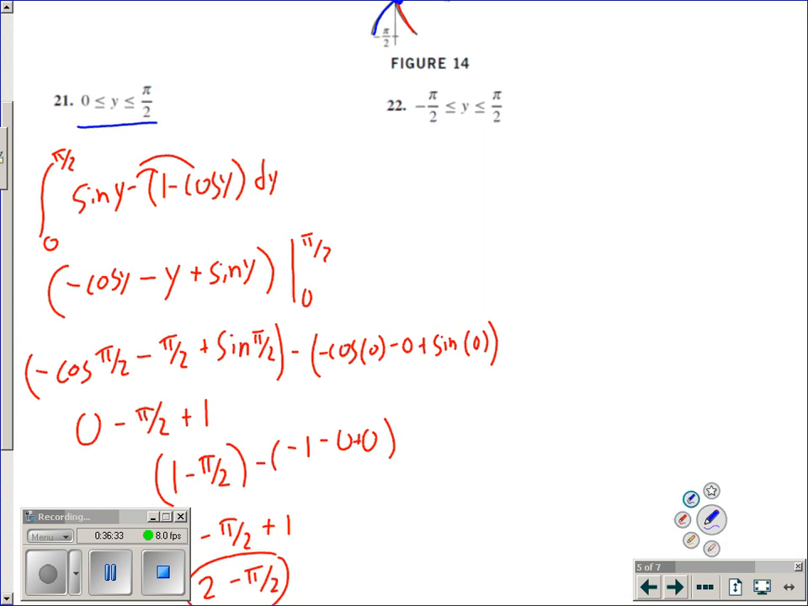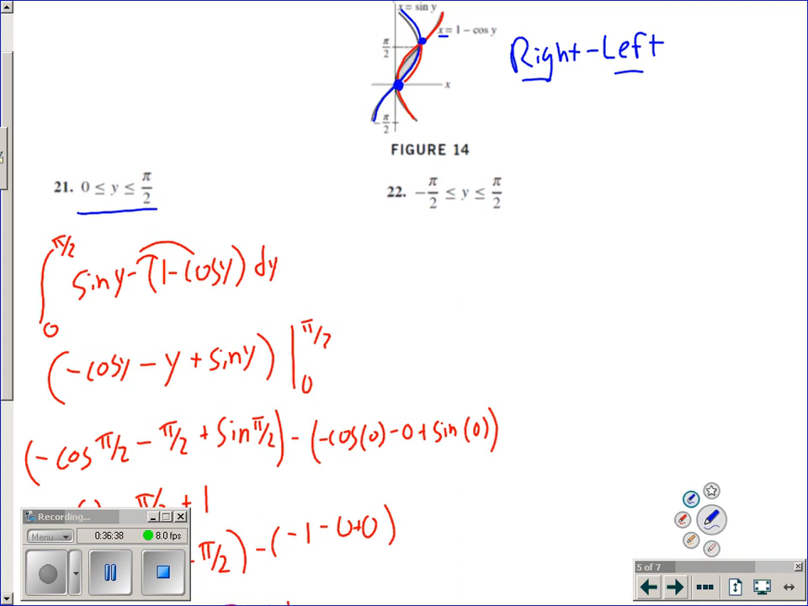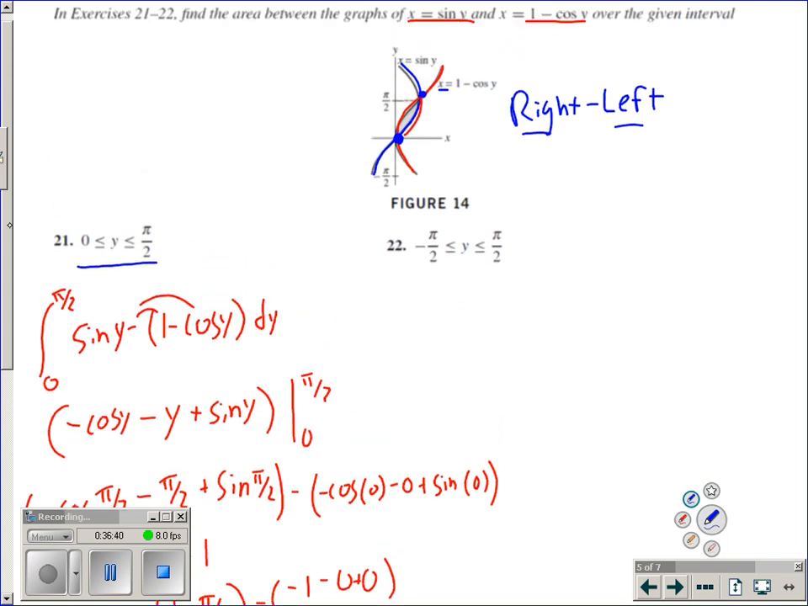Next one is the same exact thing, but we are doing it from negative pi over 2 to pi over 2. All right, let's think about this. Okay, let's look at this. So, from negative pi over 2 to pi over 2. Here's negative pi over 2, and I'm going to go all the way up to pi over 2. Okay? So let's think about this. If I'm going from negative pi over 2 to pi over 2,